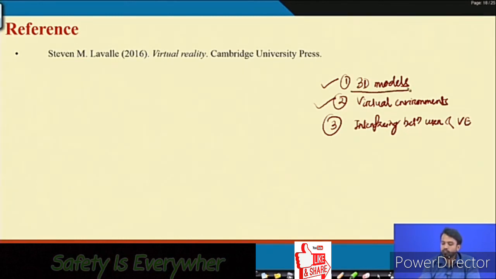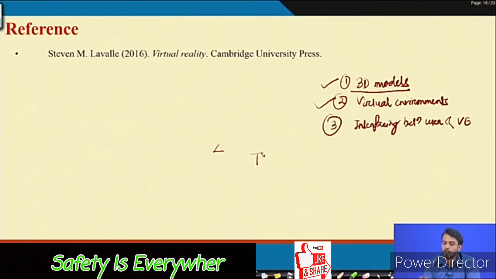For the creation of these 3D models, we saw the different properties, how we consider Cartesian coordinates for a triangle. Then we saw how the translation property is taken care of, and how the rotation property is taken care of for 3D models. Then we went to the transformation, the different views, and how the transformation can be done in an eye's view. Then finally the virtual environment, where we look at the different models developed with the help of 3D modeling software.